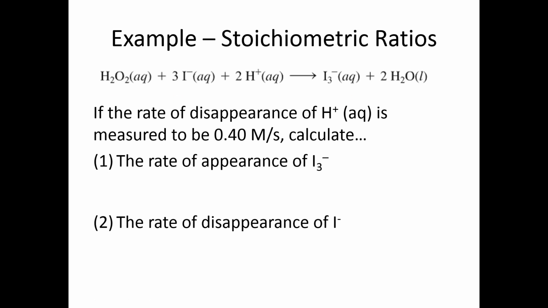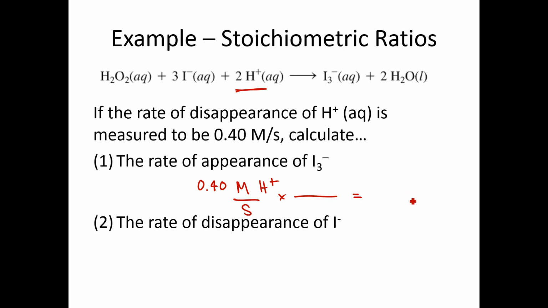So here's an example. We got a chemical equation, and we know the rate of disappearance of one of the reactants. That's H+. And we know at a given point in time, the rate of disappearance of H+ ions is 0.4 molarity per second. Based on that, we want to calculate the rate of appearance of I3- ions. So it can help to label this. So we know that our rate is 0.4 molarity H+ per second. And we want to convert this into